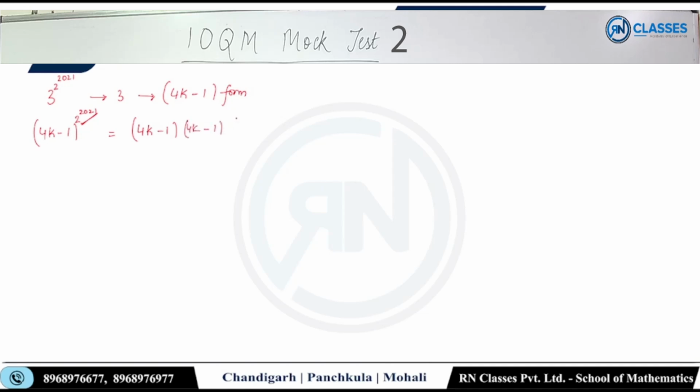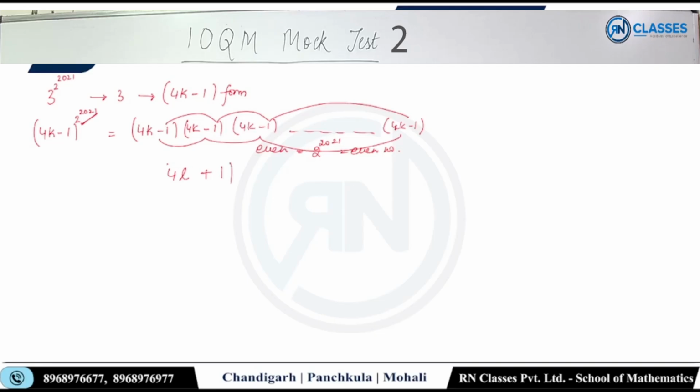4k minus 1, 4k minus 1 चलता जाएगा, यहां पे भी आएगा 4k minus 1, ठीक है। अब 4k minus 1 कितने टाइम्स है, इवन नंबर ऑफ टाइम्स ही होगा। क्यों, क्योंकि मेरे को पता है 2 raised to the power 2021 इवन नंबर, इसीलिए मैंने सीधा लिख दिया इवन टाइम्स, ठीक है। सो अगर आप देखो, -1 को -1 से मल्टीप्लाई किया, फिर -1 से किया, और इवन टाइम्स -1 को मल्टीप्लाई किया, तो ऑफ कोर्स प्लस बन जाएगा। और बाकी जगह पे 4k हर जगह मल्टीप्लाई होगा तो 4 तो आएगा ही आएगा, तो मैं इसको लिख लेता हूं 4l+1 फॉर्म।